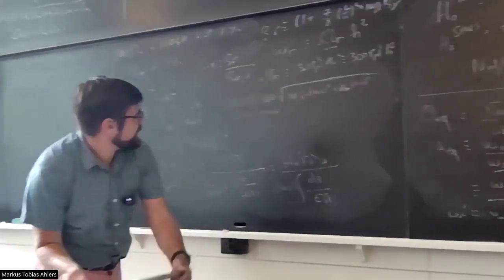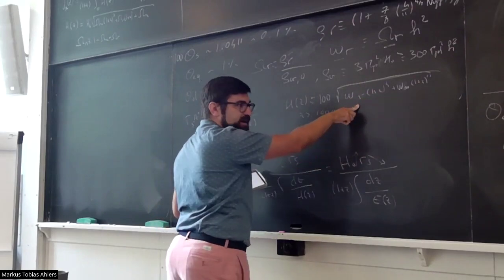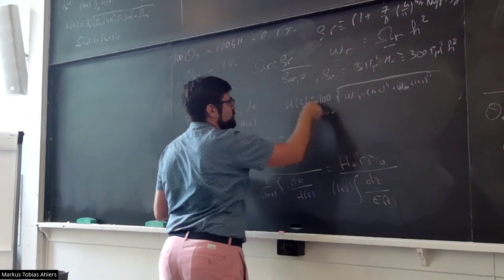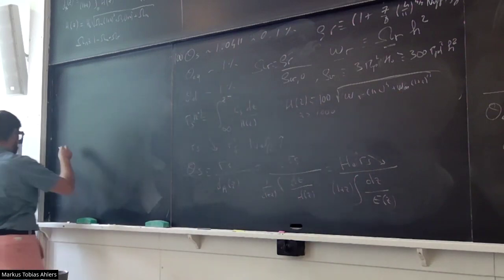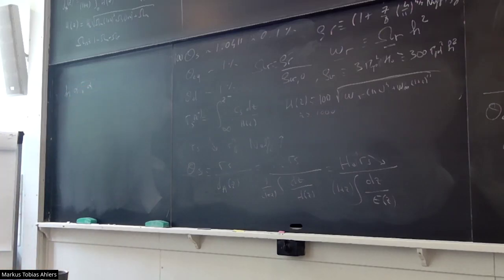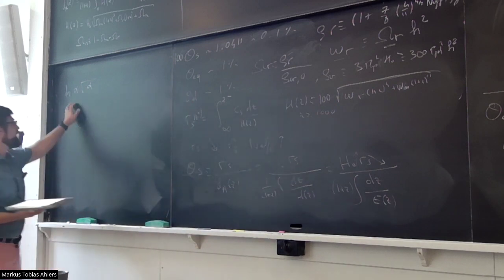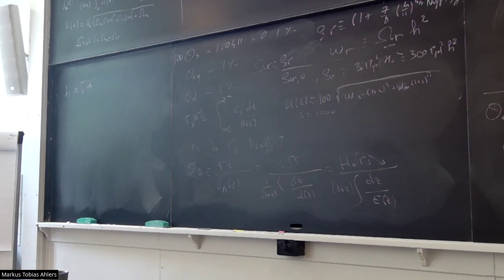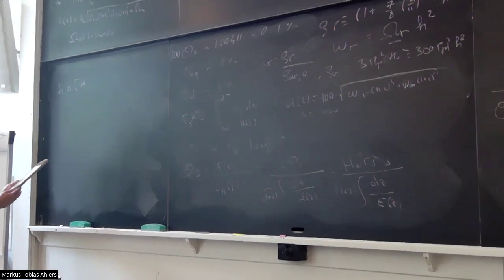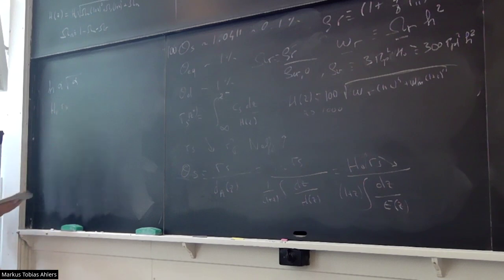And the fun thing is that from this equation, you see that omega radiation increased by alpha, omega matter increased by alpha, so H of z increased by, so H is proportional to square root of alpha. If I boost all the densities by alpha, H is proportional to square root of alpha. And so, what did I want to say? H naught Rs. So if I boost everything by square root of alpha,